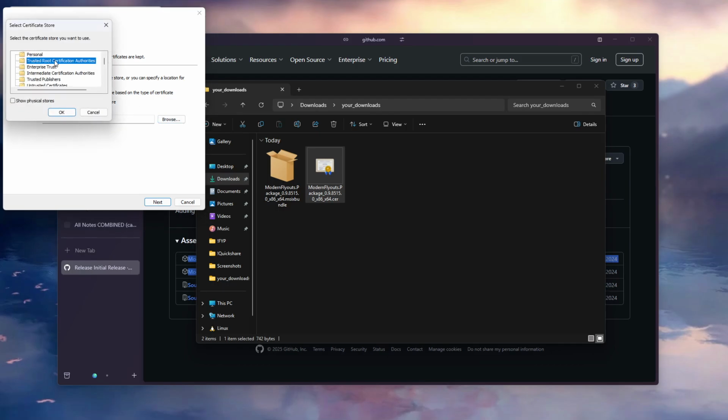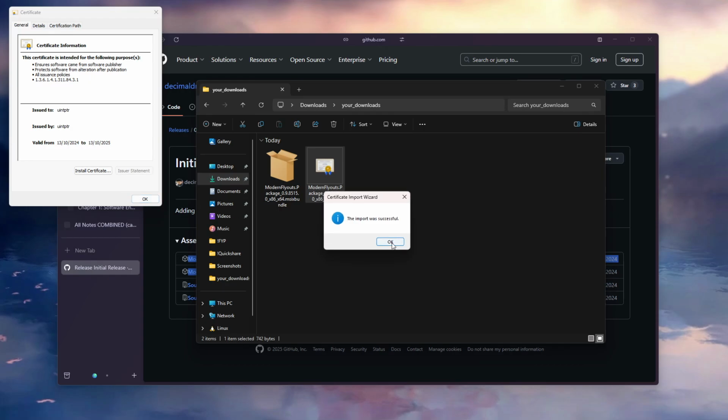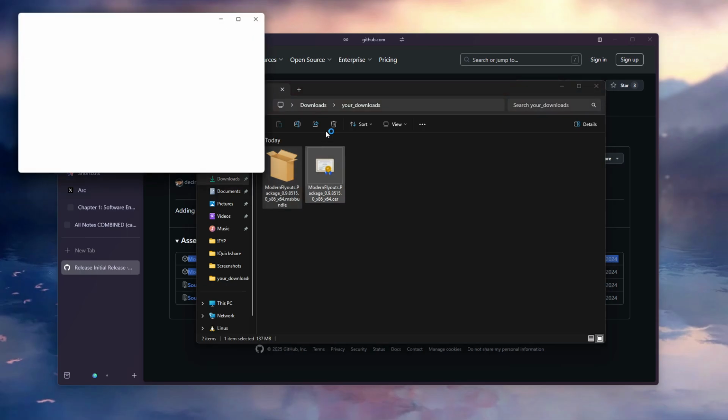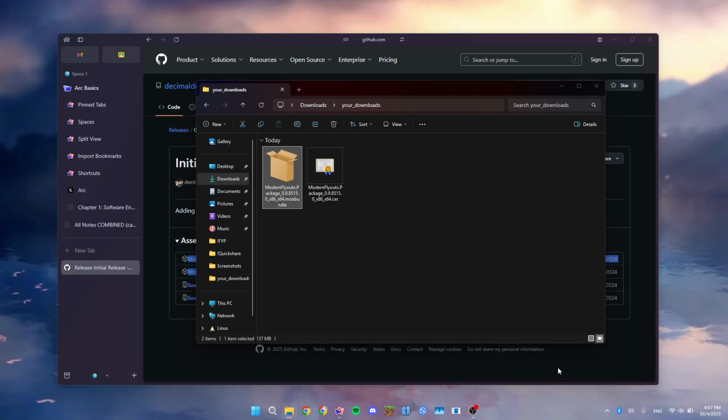Now choose the Trusted Root Certification Authorities. This is where you want to install the file. Click next, finish. Now it's successful. You can just close this and now you can install this and boom, you'll get yourself a new modern flyout